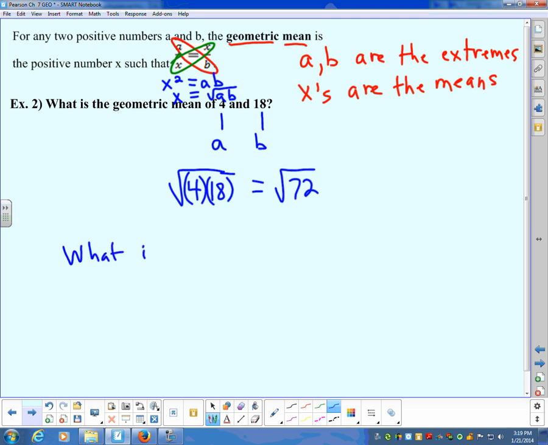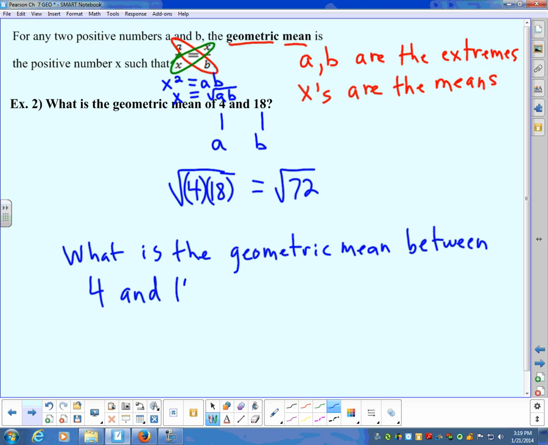Let's try one more. The geometric mean between 4 and 16. Okay, now don't get confused. When we say geometric mean, that's different than what we call the arithmetic mean. The arithmetic mean is what you've learned as the average. When I say what is the arithmetic mean, or if I just said mean, you would assume arithmetic mean